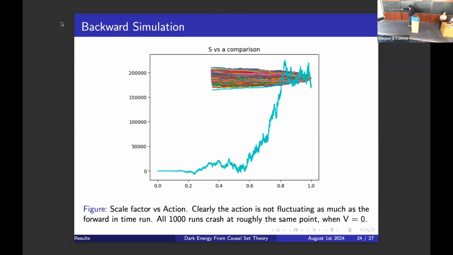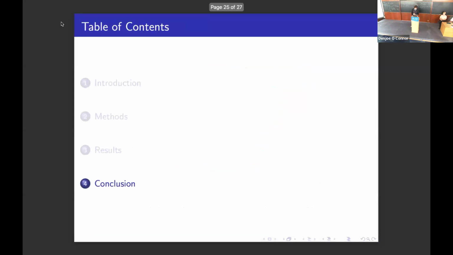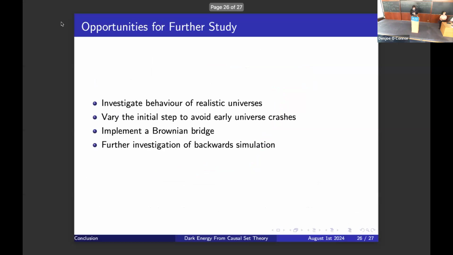This is what a good action resulting in a good Hubble parameter today looks like, compared to the actions plotted for backwards in time. You can see they all crash at around the same point. And when they're crashing, they're not crashing with h squared less than 0. They're not really crashing, they're just ending at volumes equal to 0. Because you can't go too far past that, obviously. So our conclusion, for further study,